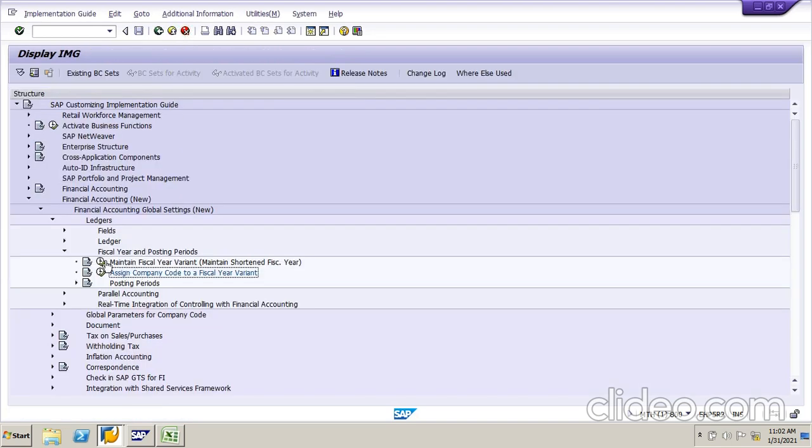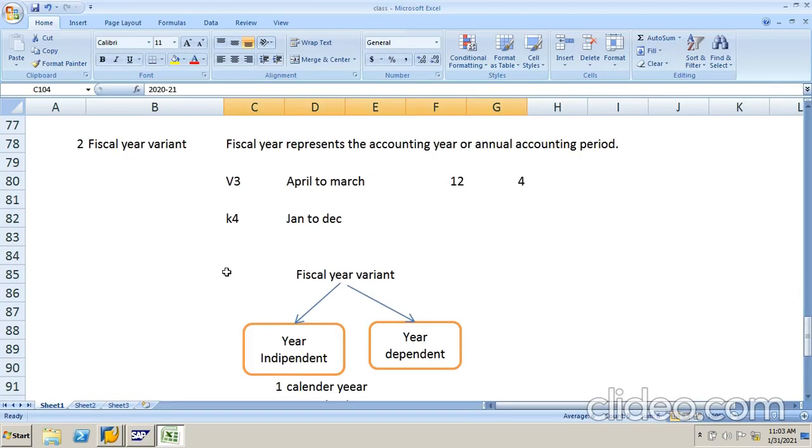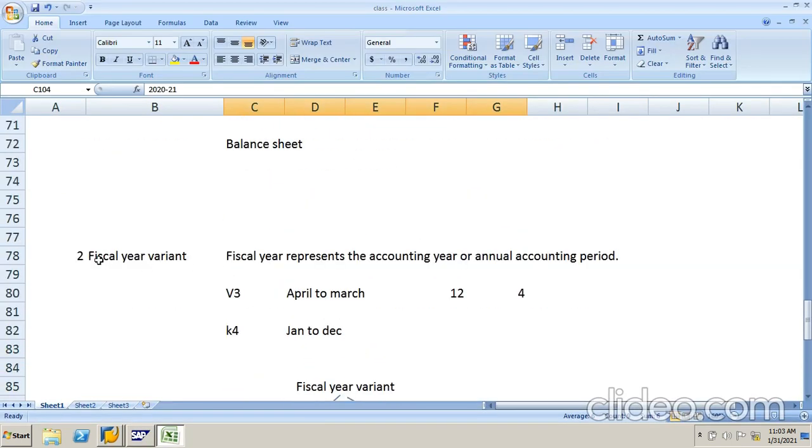So here already default V3 is there for Indian standard reporting purpose. So I have taken V3 and I have assigned the fiscal year variant in this step, assign company code to fiscal year variant. So this is the process of creating and assigning the fiscal year variant.